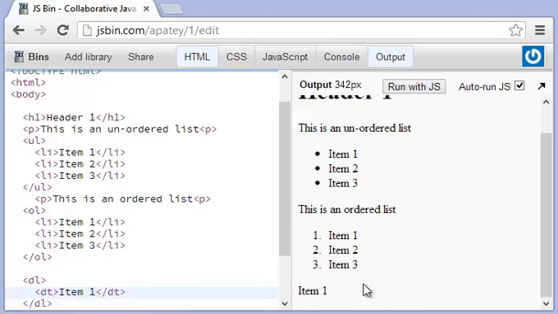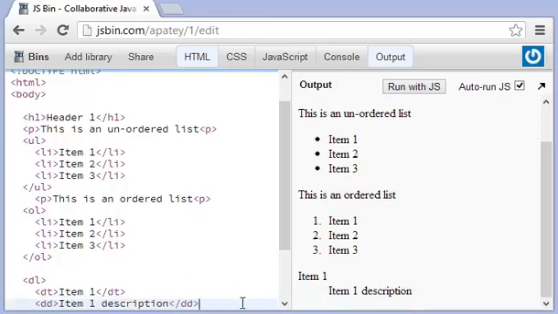Okay. We'll hop over to the bottom here, and you can see there's nothing really special about that. All right, but the next thing we're going to do is we're going to type in DD, and we're going to say item 1 description. Okay, and here we go. We'll type in /DD like that. There we go. And so as you can see, we have the item 1 and then the item 1 description,